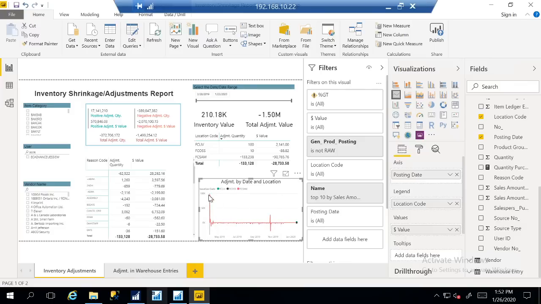So you see there's a big amount of positive adjustment done at this location on that starting date. And then you may want to find out why you did such an adjustment on October the 22nd, because from this chart you can see this is a very huge quantity compared to other regular days, right? So from this visual, you may easily find out if any big adjustments have been done